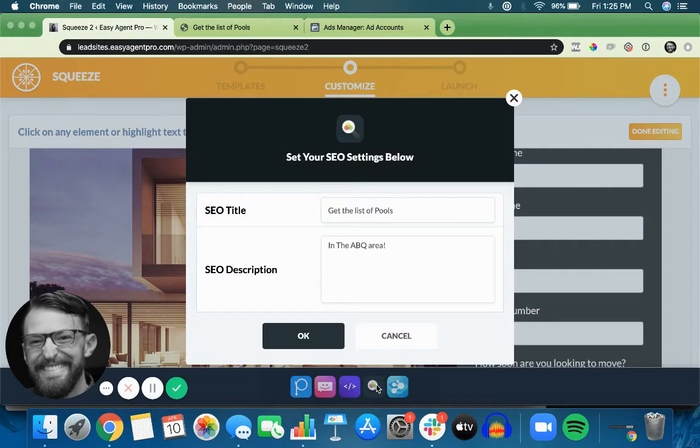And the reason for this is Facebook's ad manager is really poorly built considering how big of a company they are. It's really laggy. You could have the best computer in the world, the fastest internet connection, and it's just going to take a lot of time to build everything out from square one on the Facebook ad manager side of things. So what I recommend doing is putting an SEO title here,